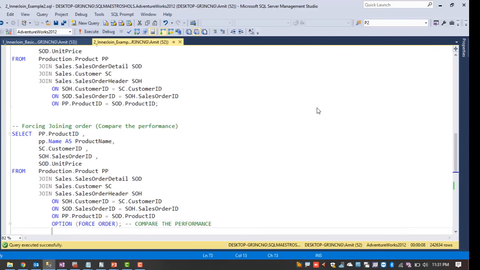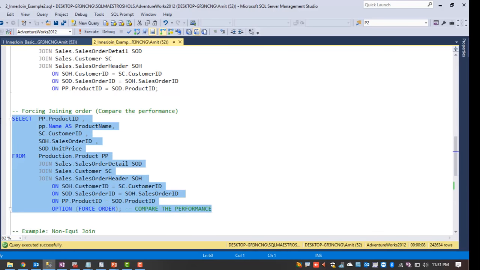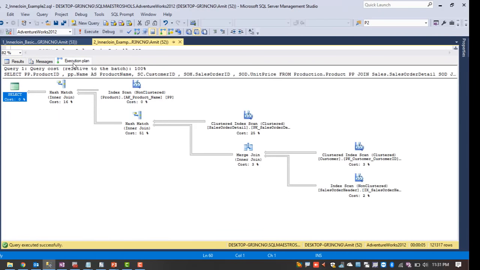So let me force SQL Server and tell it to access all the tables in the way I mentioned in the query. So first you have to access the product table, then sales order detail, then customer, then sales order header. If you force SQL Server to execute the tables in the order we mentioned, SQL Server will do it.